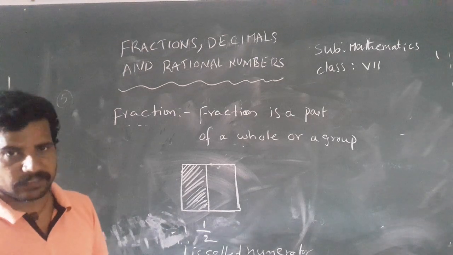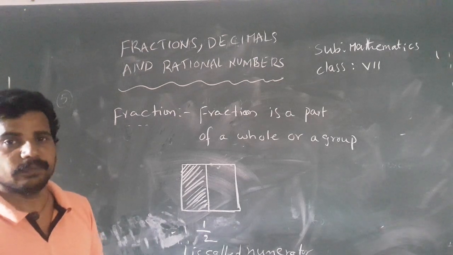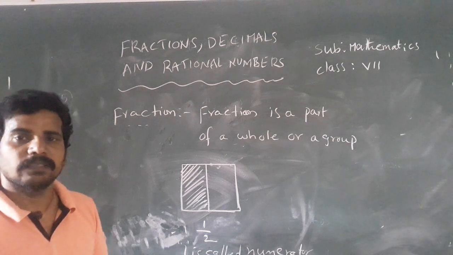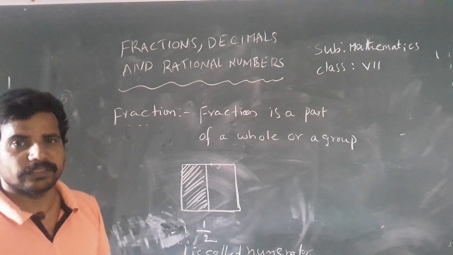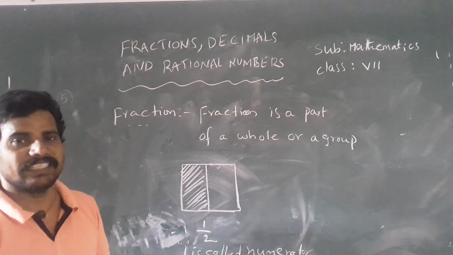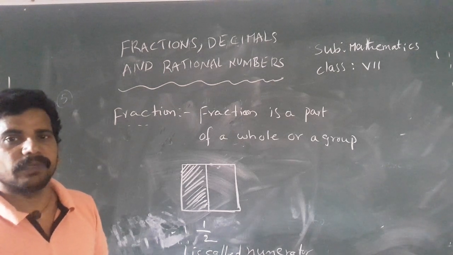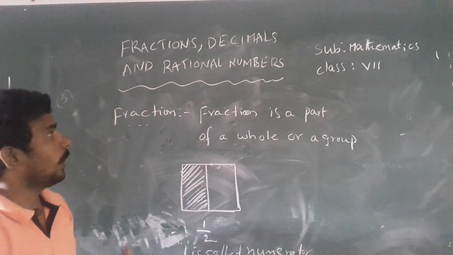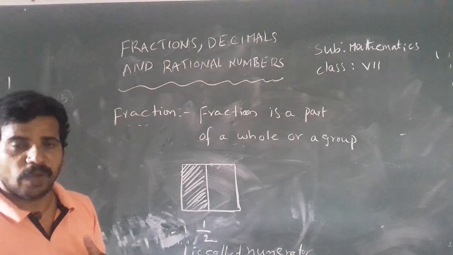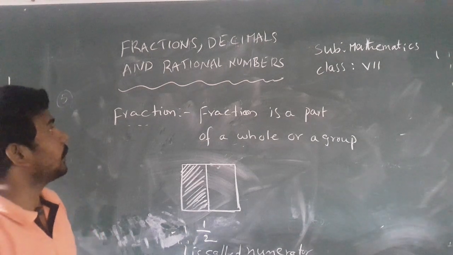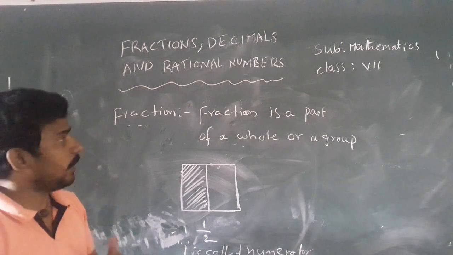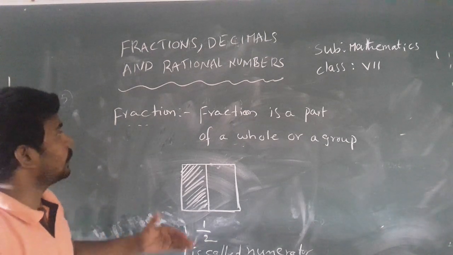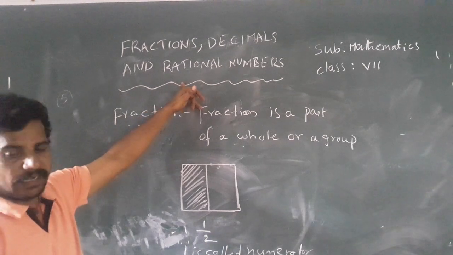And next, integers, which were in the previous chapter of this 7th class. So what do integers mean? All negative numbers and all positive numbers including 0. These numbers are called integers. They are denoted by capital Z. Now, rational numbers. What do rational numbers mean? Numbers in the form P by Q, that is, fractional numbers. Those numbers are called rational numbers.